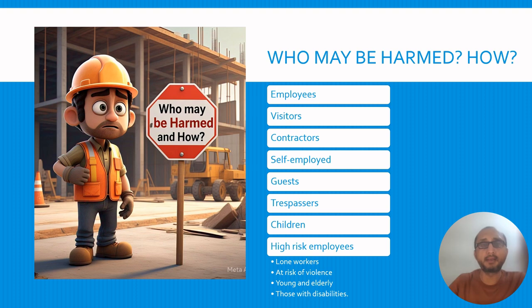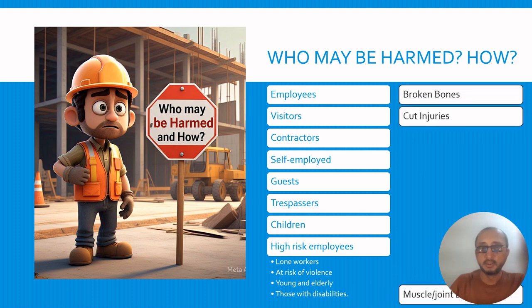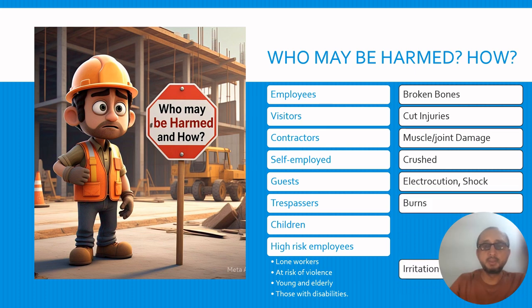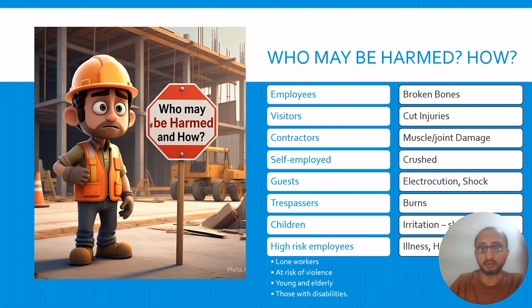Then those who are at risk of violence, maybe cash handlers or security personnel. Then young and elderly people are more prone to the hazards. Similarly, those with disabilities, as they cannot react effectively in the case of any emergency. Then how these hazards may harm. So maybe broken bones, cut injuries, muscle or joint damage like musculoskeletal disorders, maybe crushed behind a vehicle or between two objects,